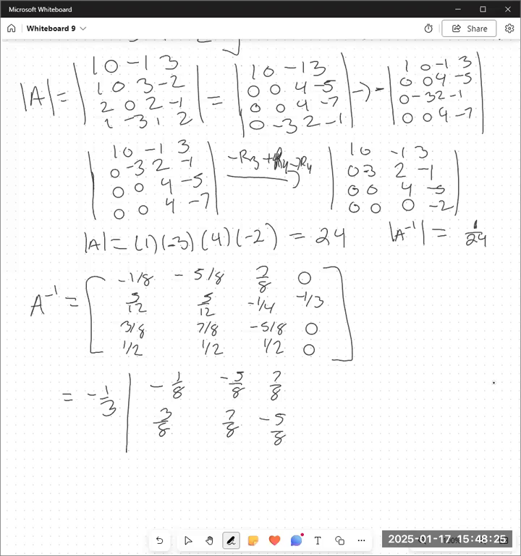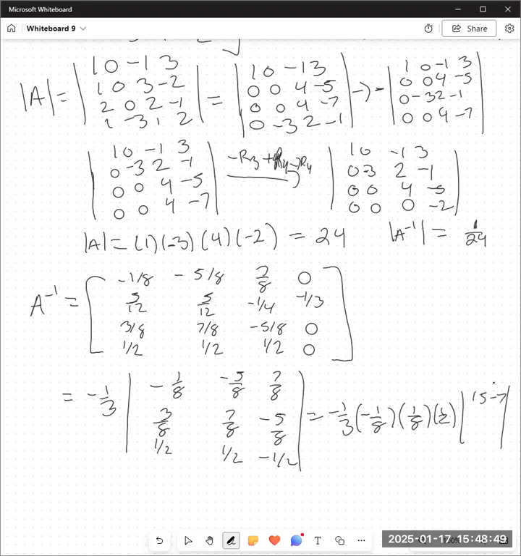And then 1/2, 1/2, and -1/2. Then I'm going to make this -1/3 times -1/8 times 1/8 times 1/2 times the determinant of